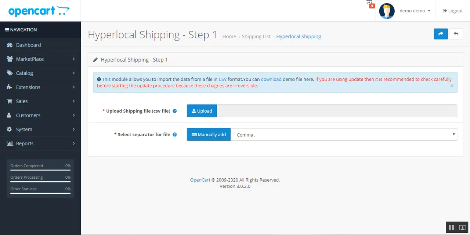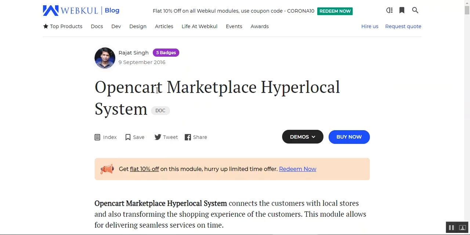So basically that was much about the OpenCart multi-vendor marketplace hyperlocal system, and I hope that it helped you understand somewhat how the actual system works. So if you have any questions or queries regarding this particular plugin, then you can always get back to us